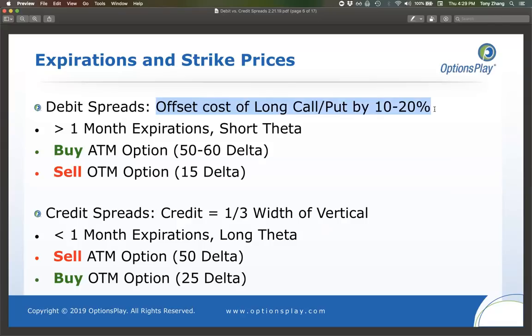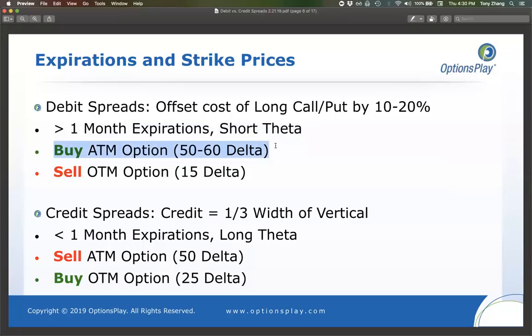And as far as picking expiration and strike prices for your debit spreads, because when you buy a debit spread, just like when you buy a call or a put, you're short theta, meaning theta is working against you, time decay is working against you. You want to try to minimize that as much as possible. And the only way to do that is by purchasing options that are at least 1 month from expiration. We usually like to go about at least a month and a half, maybe even 2 months out as a starting point when we're buying any calls or puts, and that works the same way for when you're trading debit spreads. As far as strike prices go,